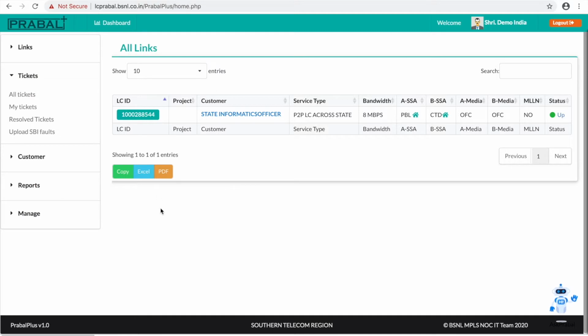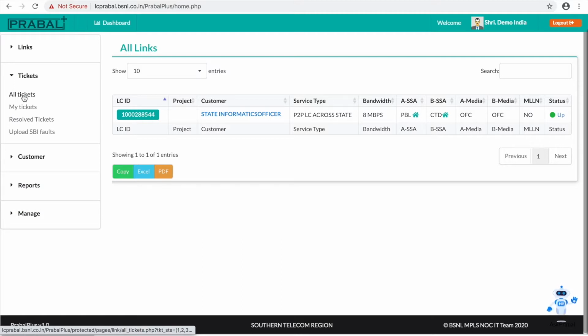Then the tickets menu. If you look at the tickets, there are three items. One is all tickets, another one is my tickets, and the third one is resolved tickets. Suppose I am a circle user and I log in and check all tickets, the tickets belonging to my circle will show under all tickets.